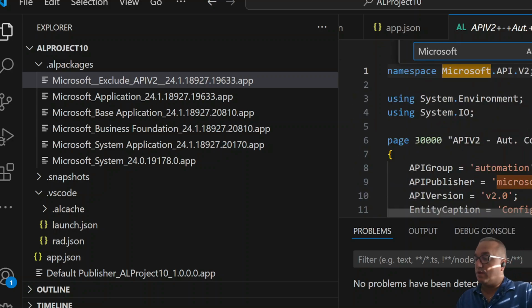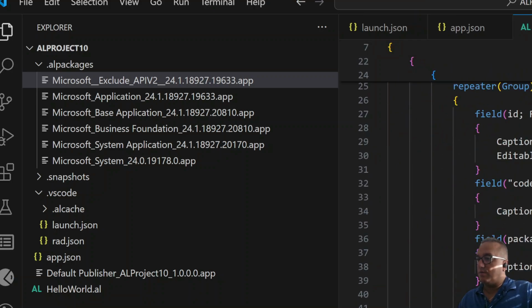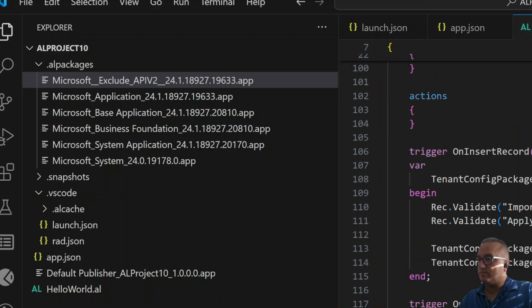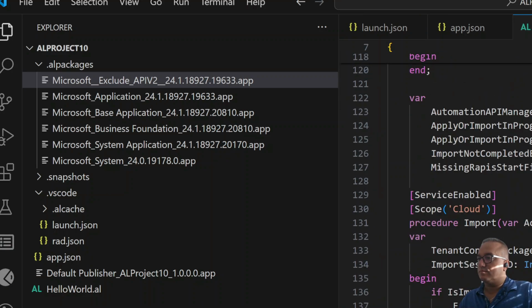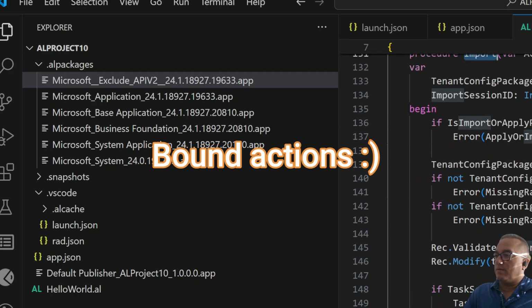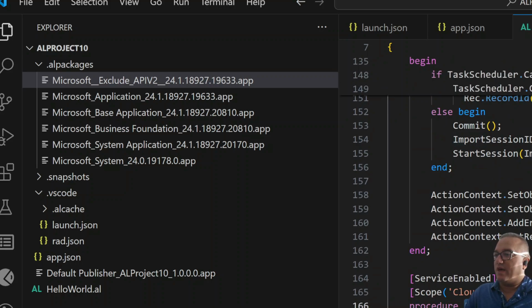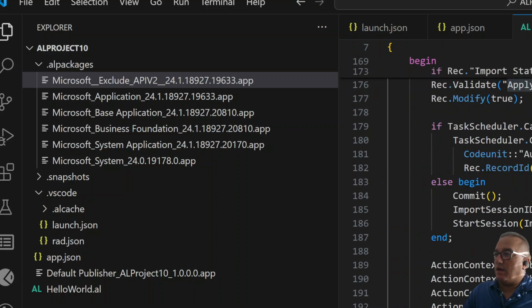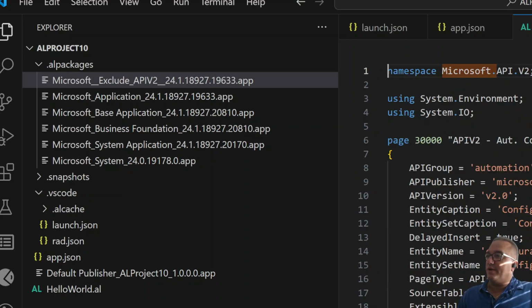Look at the outbound actions. We have apply, we have import. So that was for configuration packages, and this is the entity set name. So that's how you download and have access to the source code of